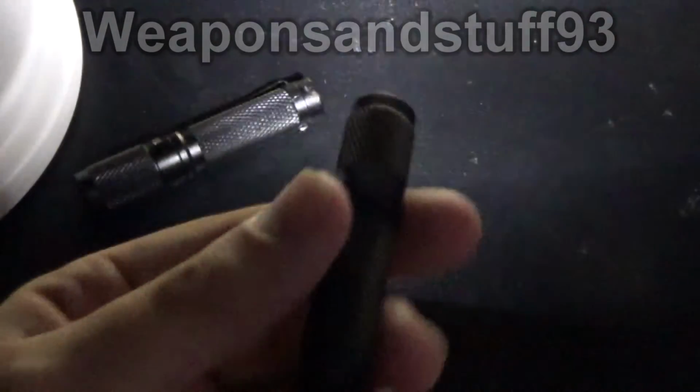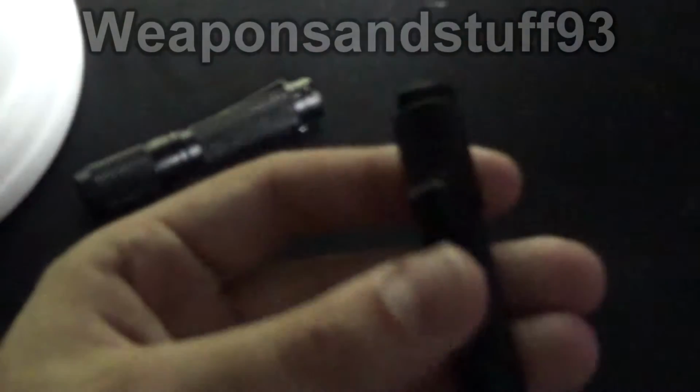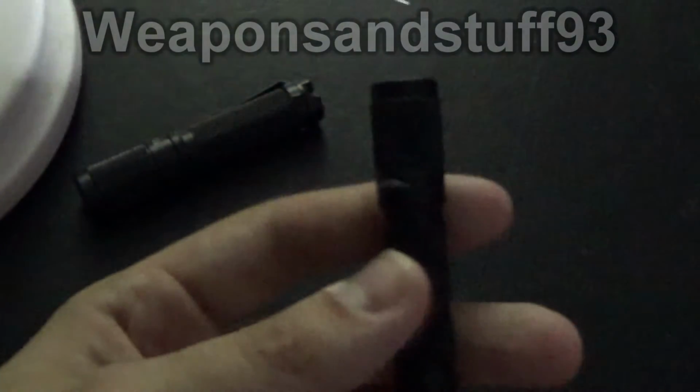So this is the T01, and as mentioned, this only has one brightness option, which is just the very bright mode, and that's certainly bright enough. I think you get about 40 minutes out of a single AAA battery approximately on one of these, and yeah, that's very bright, but that's the only mode. If you turn it off and on, you only get the very high mode. Now if I switch the battery over to the other ThruNite,